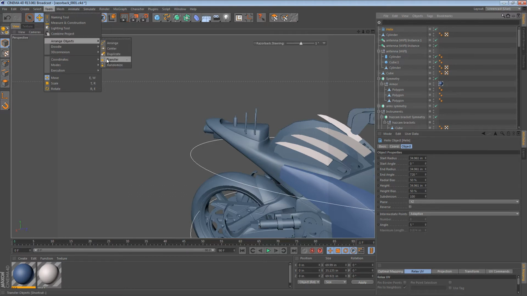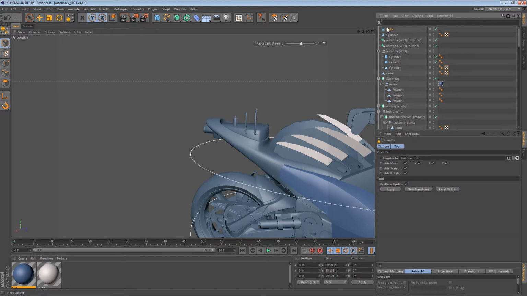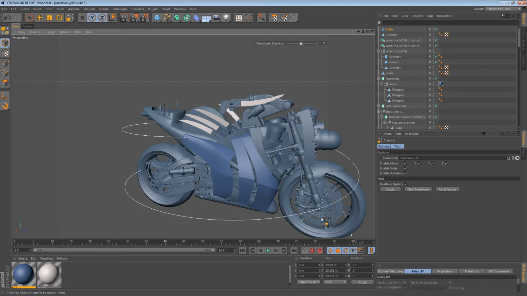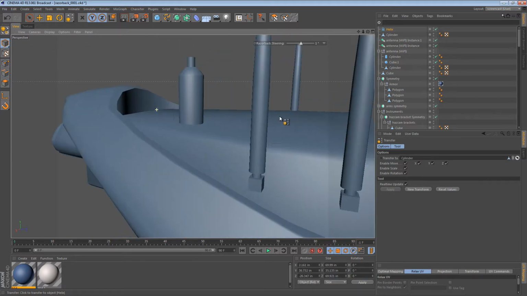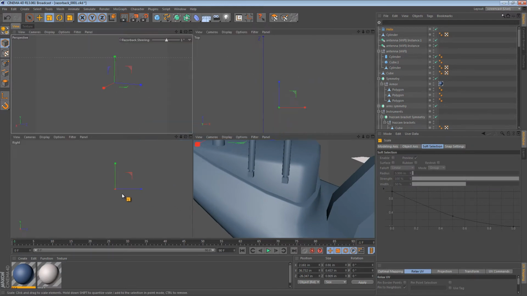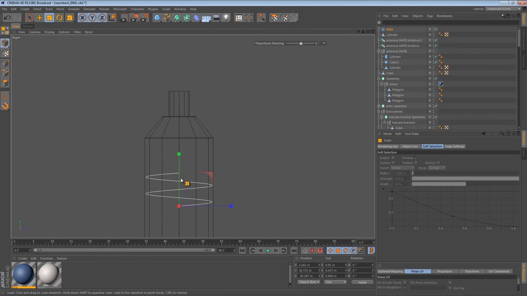And what this allows you to do is, with the existing helix selected, we can either click on an object in the scene. You can see this line sort of darting towards objects as I hover near them. So I can hover over that cylinder I created and click, and it puts the helix right on it. And then I can select my scale tool, scale it down, and from the side view we can